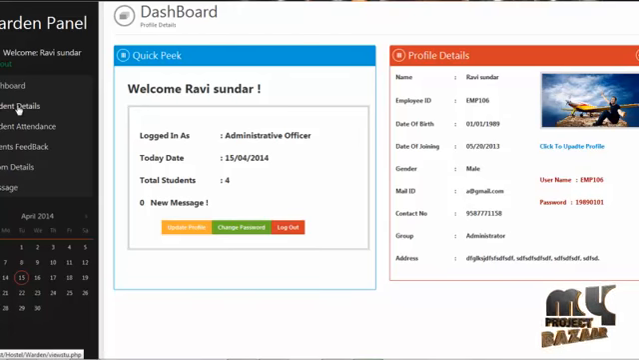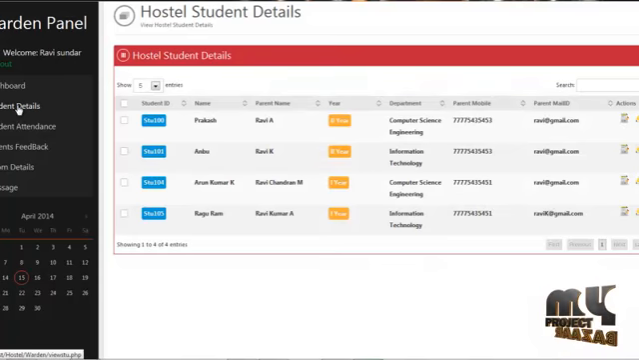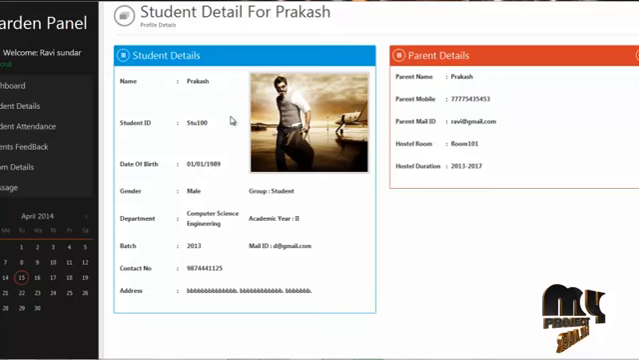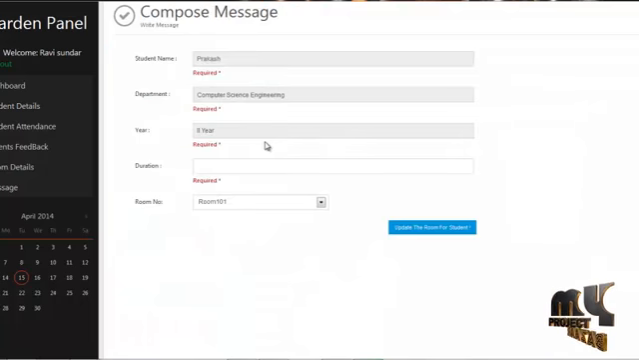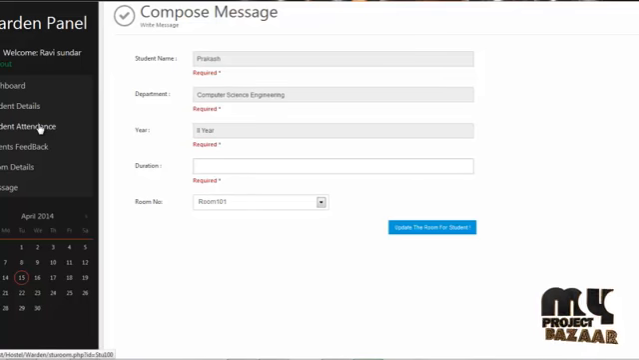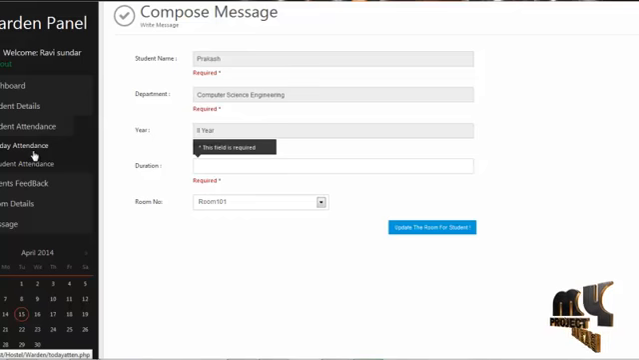By clicking on the student details, the hostel warden can add student details, view their student details, and set the room allocation for the student by clicking on the room icon. Duration and room number. By clicking on the student's attendance, the hostel warden can add today's attendance for the students available